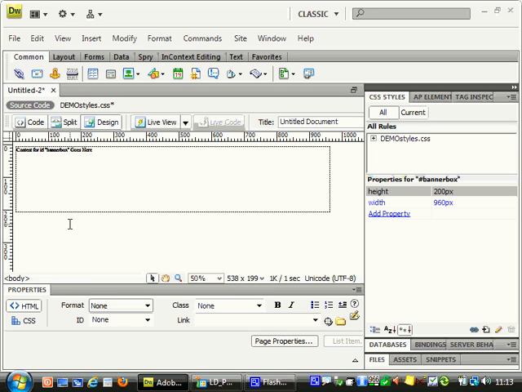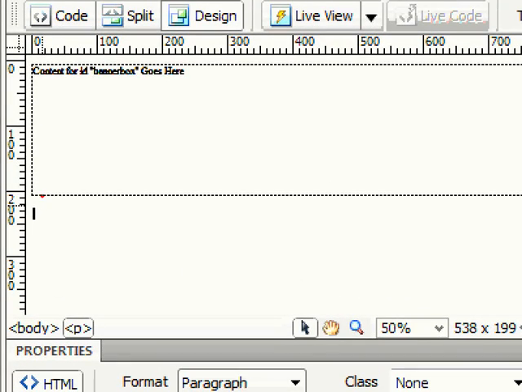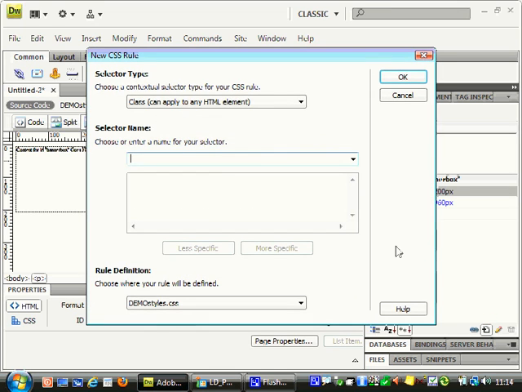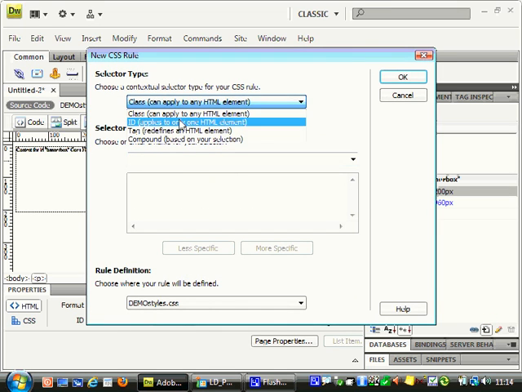Okay, now what we're going to do next is we're just going to click underneath it so the cursor's at the right hand side, and we're going to press return, and we're going to add another one. Okay, so click the flashing cursor down here and add a new rule. So we come over here just like before, click on the new rule button down here, ID tag again,